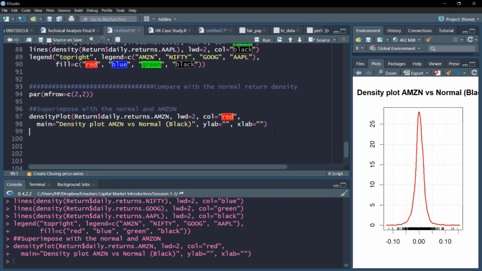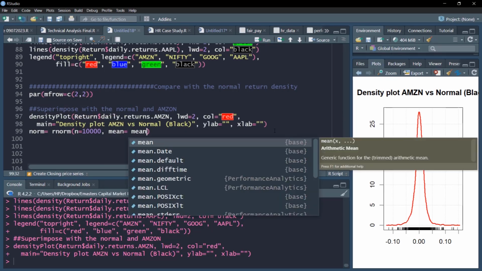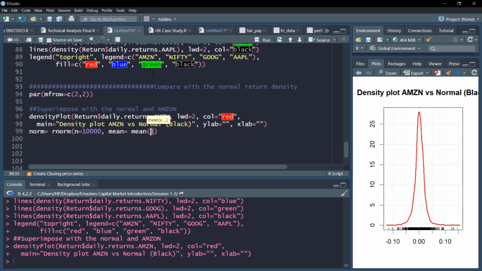Then let me generate a new variable norm which contains a specific normal distribution with 10,000 observations. Let's see, n equal to 10,000 with the mean which is precisely equal to the mean of Amazon returns, and also its standard deviation as the standard deviation of Amazon returns.